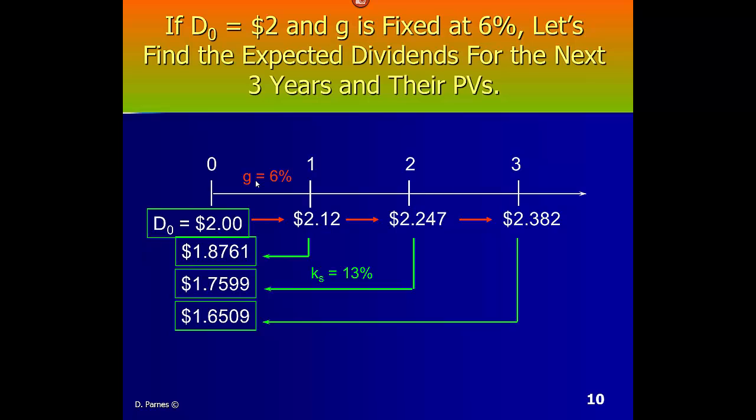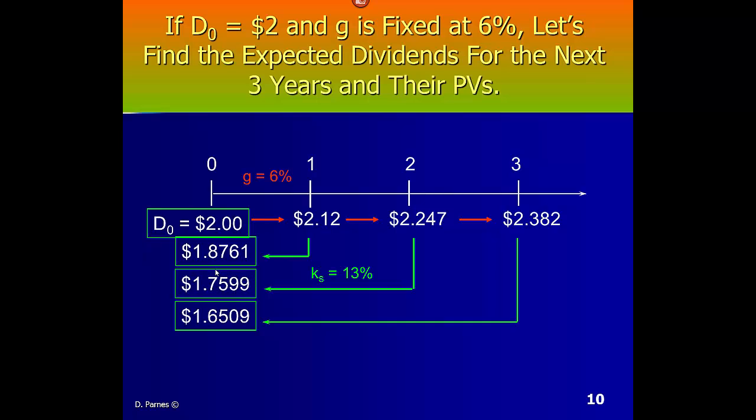Notice that we're using the growth rate to generate future dividends, to predict future dividends. Now we need to discount them to present time. The way to discount them is to divide by 1 plus the discount rate, the required rate of return on the stock, which is 13% in our example, to the power of the number of years. So take D1, 2.12, divided by 1.13 to the power of 1, you will get $1.8761. Take D2, which is $2.247, divide it by 1.13 squared, you will get the present value of the second